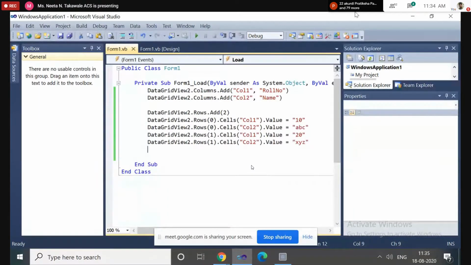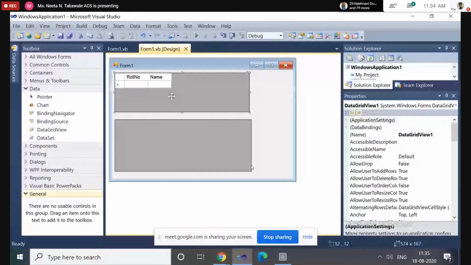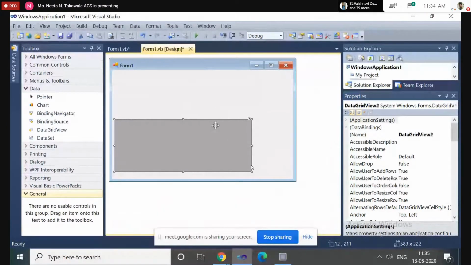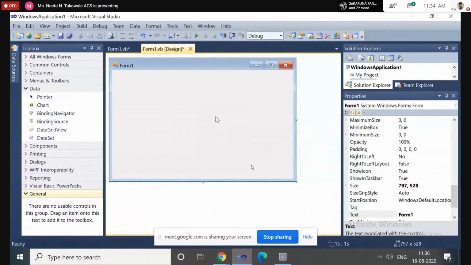Okay. So here we have almost discussed all the controls that are given in your syllabus. Okay. So next we will see dialog boxes used in VB.NET. While designing the application, while writing programs in VB.NET, we always require two types of dialog boxes. The first dialog box is the input box, and the second dialog box is the message box.